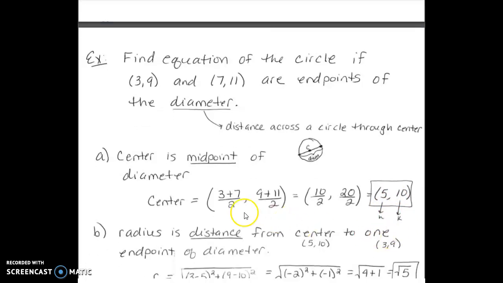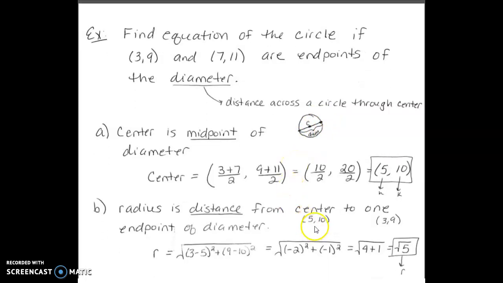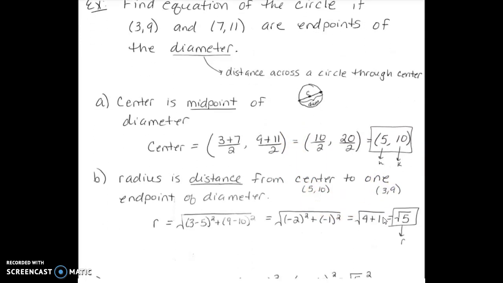Now we need the radius. So the radius is the distance from the center, which we already just found, to either of these endpoints, right? The distance from the center to the edge. So I can go from the center to the 3, 9 or from the center to the 7, 11. It doesn't matter. So my center was 5, 10, and one of my endpoints, I'm just going to use the 3, 9. Just pick one. So radius equals, this is my distance formula, the square root of